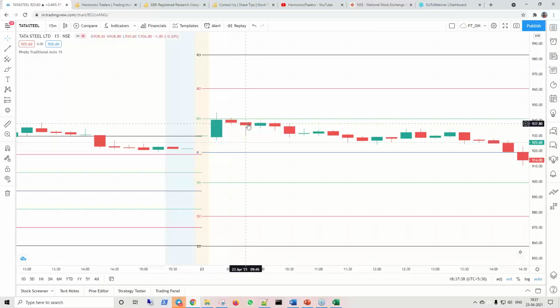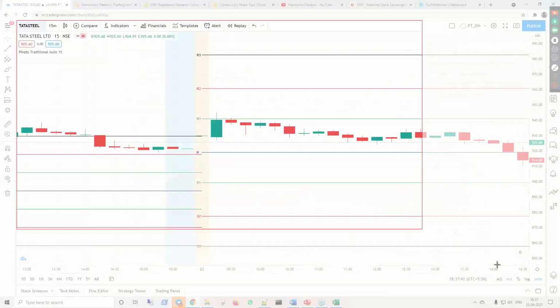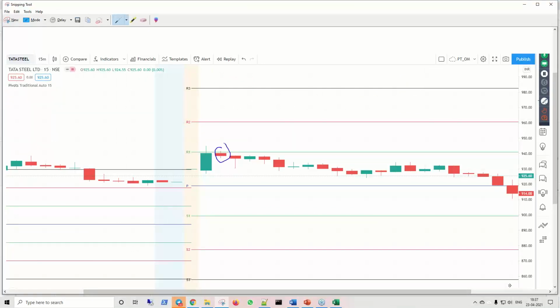Unfortunately, this is the confirmation reversal candle. After this candle, we will be waiting to take a shot at 940, but 940 did not come. So honestly, you would not have taken this trade. So this one got missed. That is the actual truth. If in case it comes to this R1, yes, you can short at R1 with stop loss of R2.